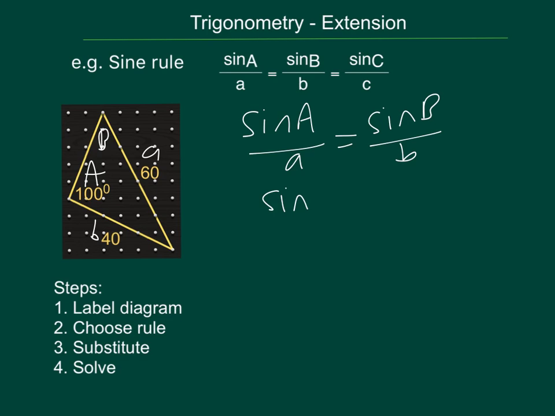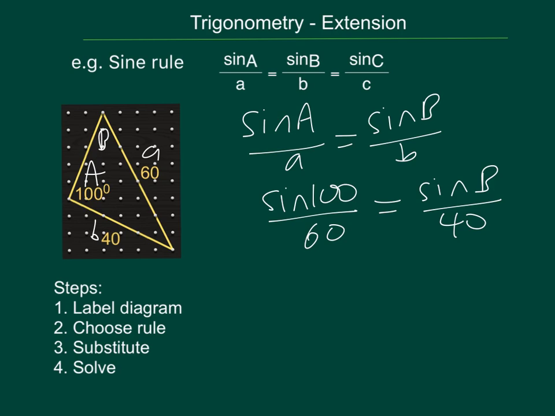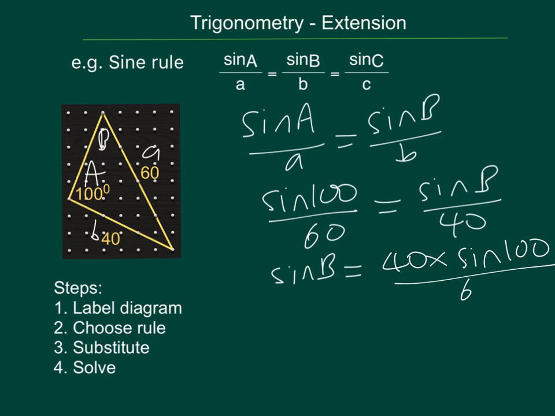So sine 100 over 60 equals sine B over 40. So I'll rearrange that to make sine B the subject. So sine B equals 40 times sine 100 divided by 60, and the answer to that part is